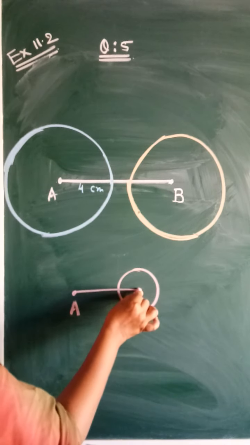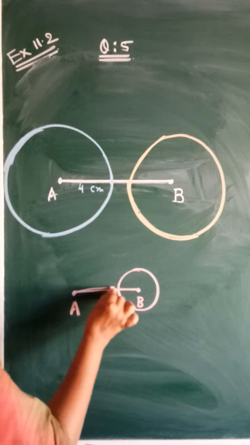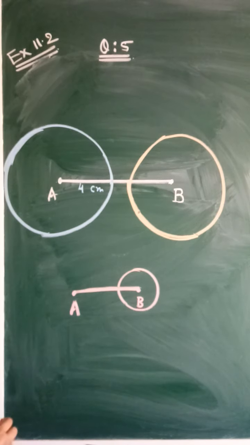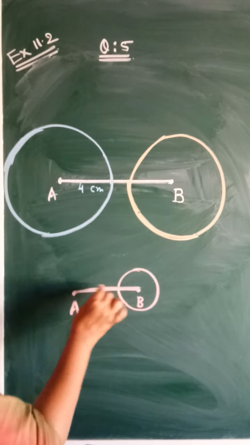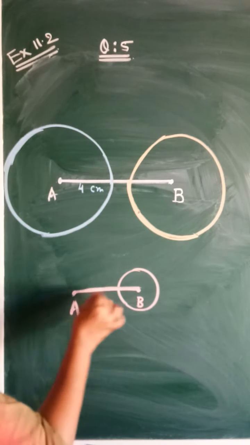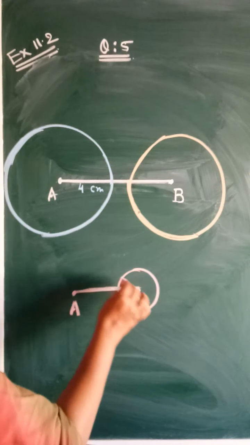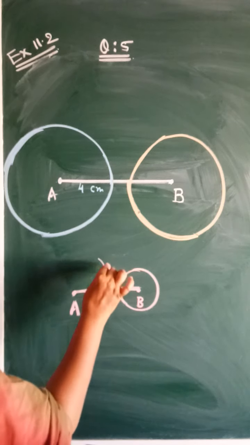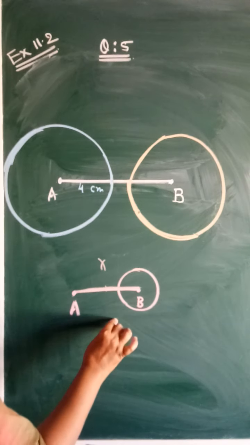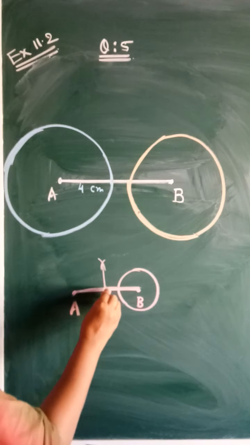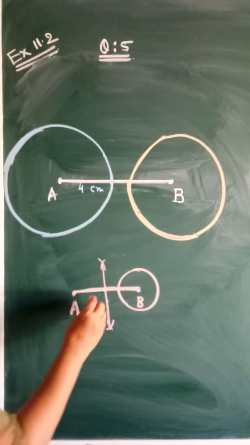But if you see this AB line segment and if you don't draw this circle, then this is an exterior point. You know how to draw tangents from an exterior point to the circle. Take the perpendicular bisector of this AB. So taking more than half distance, give an arc upside, downside. Same way here also, join this. So this is your midpoint M.